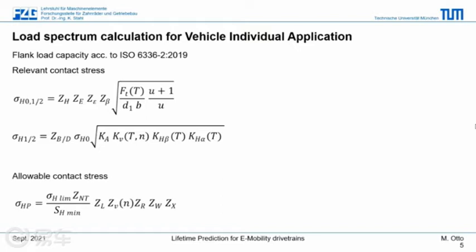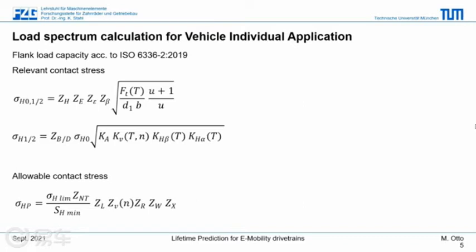The calculation then continues to yield the relevant contact stress sigma H for gear 1 and 2. Again, some factor on geometry, called ZB or ZD, is multiplied on the result from the above equation, sigma H0, and then is multiplied by a square root term which transports overload factors. So this is the factor KA for external overloads in the gearbox, KV for internal overloads depending on gear dynamics, and factors KH beta and KH alpha which transport contact overloads due to uneven load distribution in the contact.